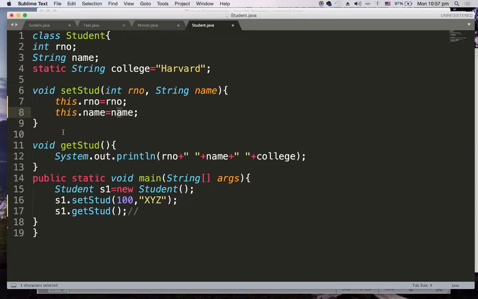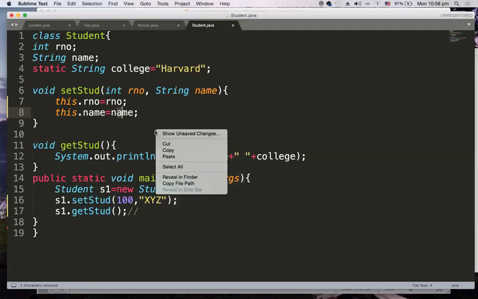This refers to the current class object, and now you can clearly distinguish what is a local member and what is an instance member. When local members and instance members are the same, to distinguish them we have to use this. Whenever you use this with a particular variable, it says that the variable belongs to the current class object.